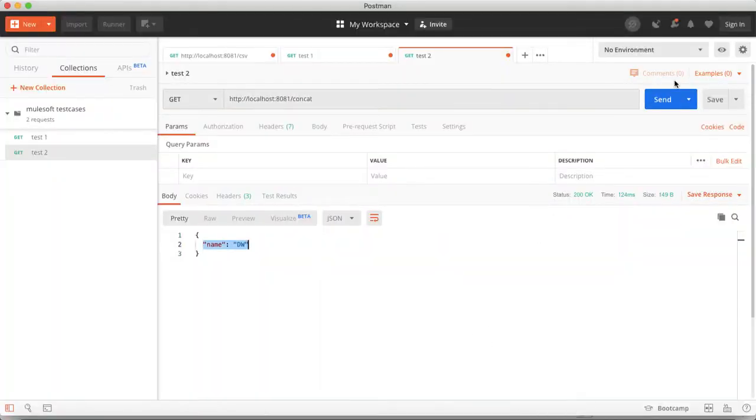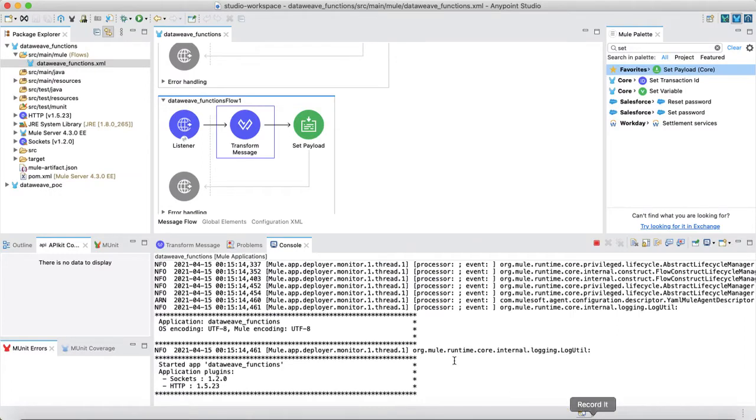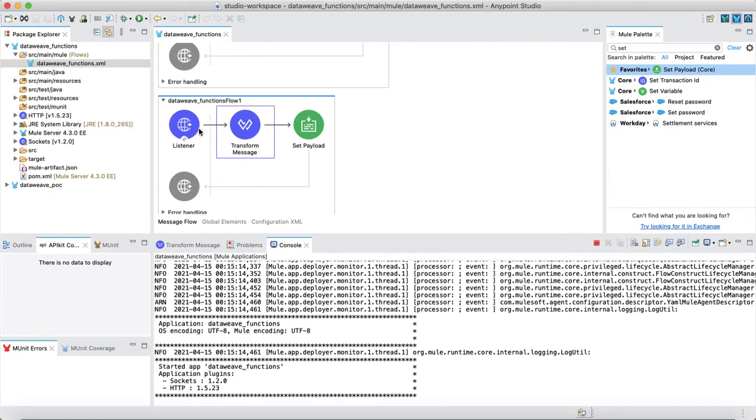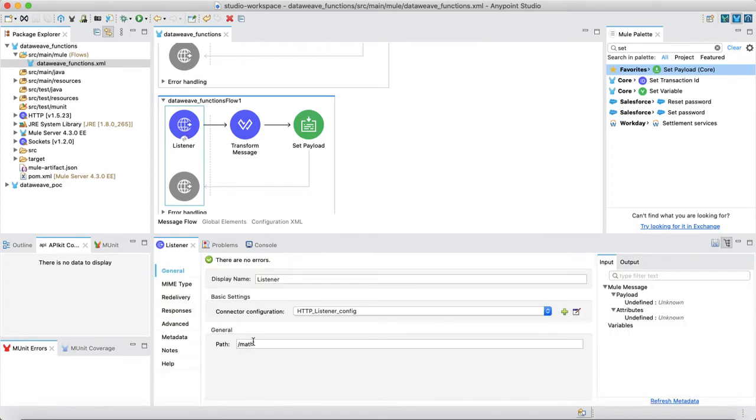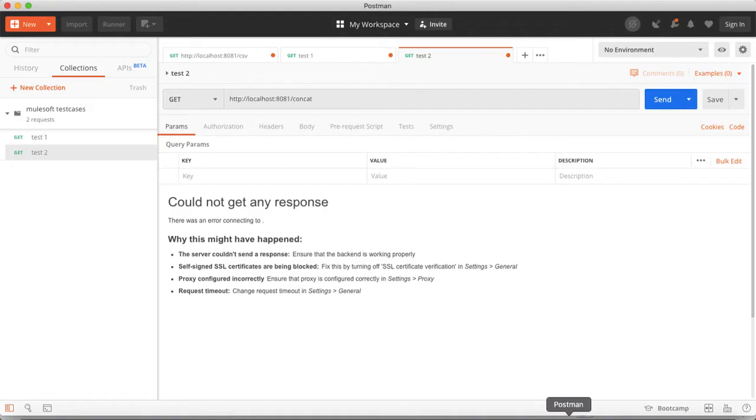And now I'm going to test. Interestingly, here you can see that it did not give us any response. Let's go back and check. Since we had been running this, and our listener which is set up is math, and here we have put it as 8091, we have to keep in mind that these kinds of configuration changes need to be done to assure that it's correct, running, and hitting the correct flow.